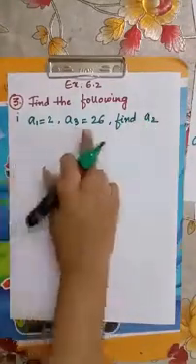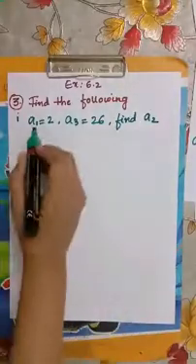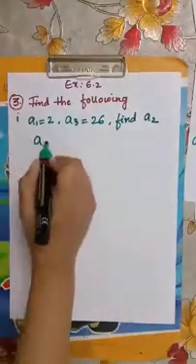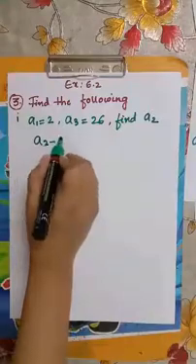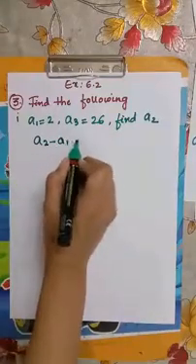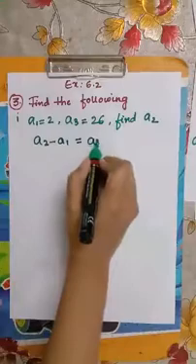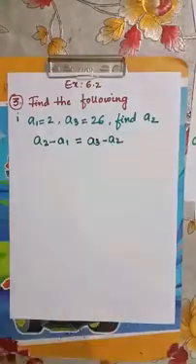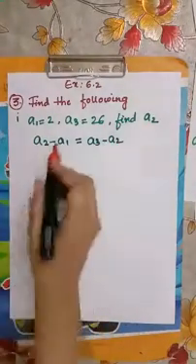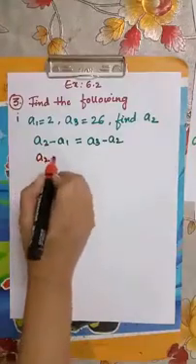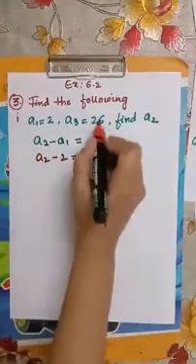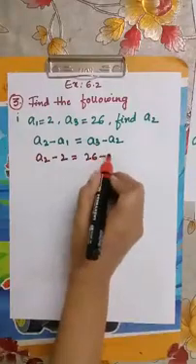देखो, A1, A2, A3 पूरे तीन हैं. So which formula we have to use? A2 minus A1 is equal to A3 minus A2. Okay, so A2 is how much? नथिंग इज देयर. So A2 minus 2 is equal to A3 की value 26